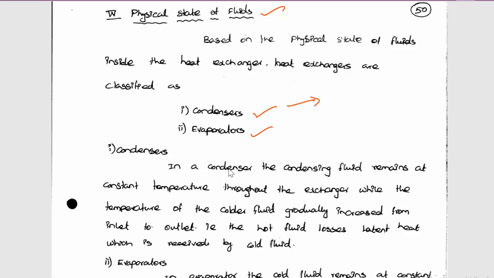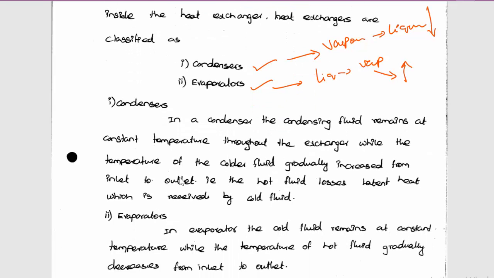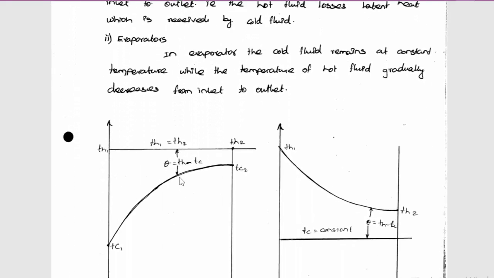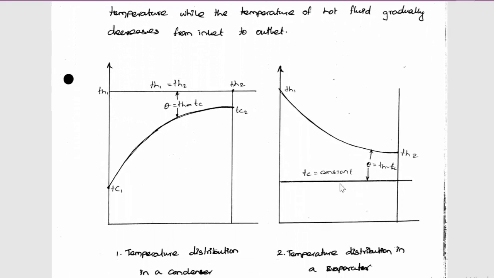In condensers, the vapor is converted into liquid. In evaporators, the liquids are converted into vapor. Okay, here the vapor is losing its heat to the surroundings. In the evaporators, it is gaining heat from the surroundings. So this is the basic difference between condensers and evaporators. If you look at this, this is the temperature distribution graph of a condenser. In condensers, the hot fluid here,